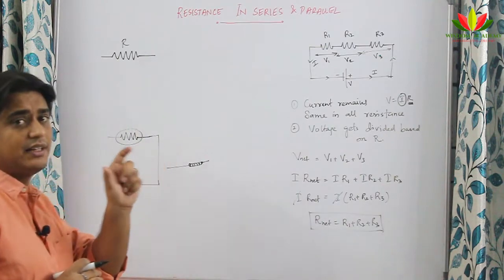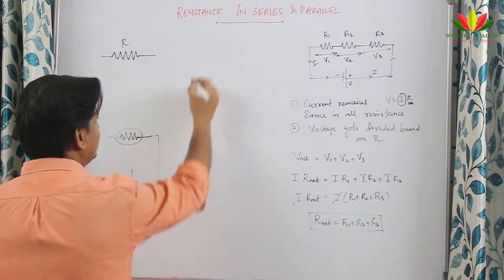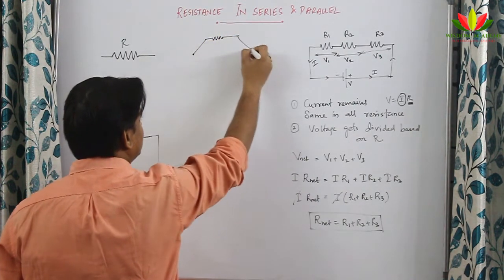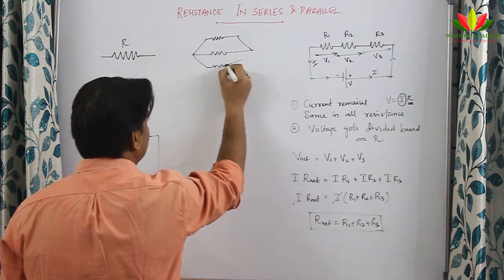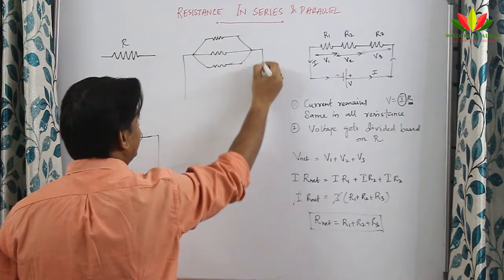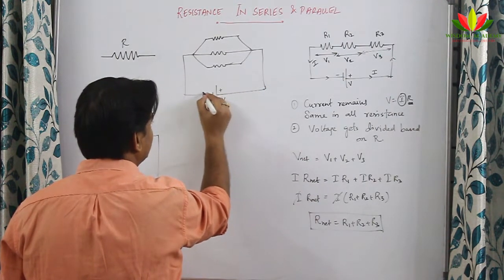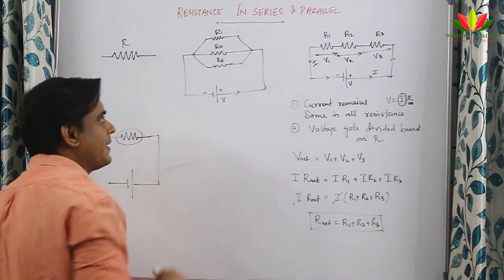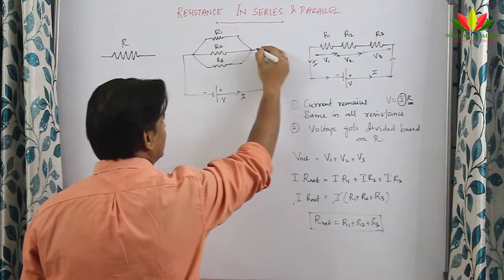Now if these three resistances are connected in parallel, then what will be its equivalent resistance? Let us try to find it out. I am going to connect three resistances in parallel. From this point, I am going to connect one resistance, from this point a second resistance and a third resistance. So these three resistances are connected in parallel, and then the whole assembly is connected to a potential difference V, plus minus. It is R1, R2 and this is R3. Now when the current starts flowing from the positive terminal, current I comes here and reaches here.